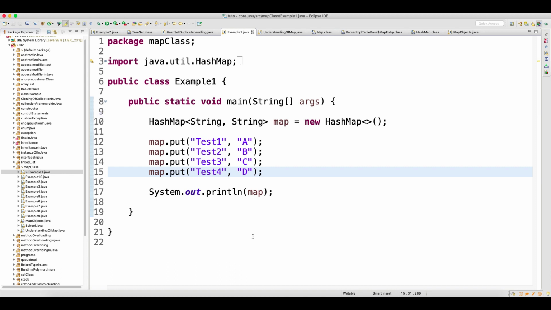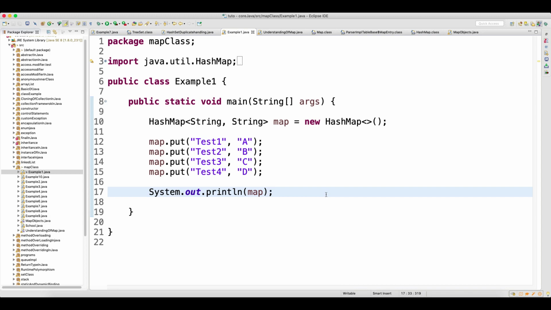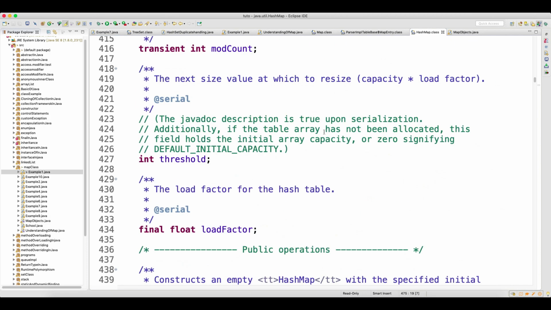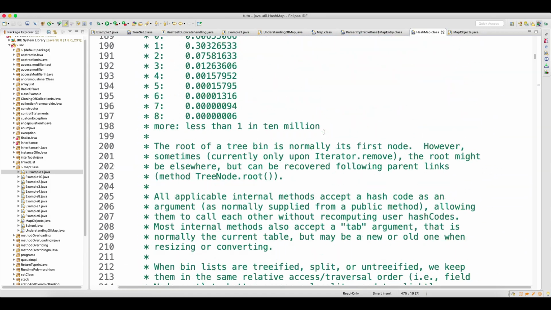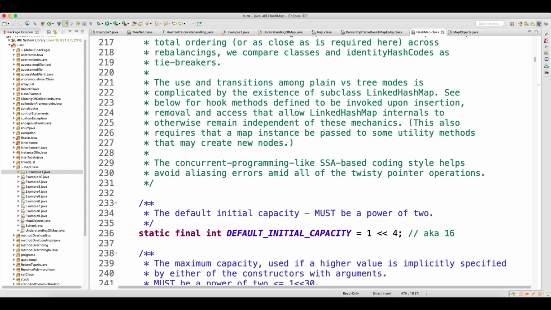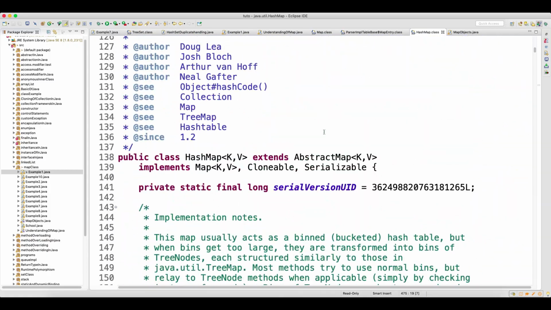Now let's see how you print the data of key and value through the given methods of your hash map. First focus here, go to the hash map. I will show you something. Press Ctrl and click on the hash map. If you go to the hash map class, we need to remember the hierarchy of the hash map. Scroll up, and yes, this is the class.